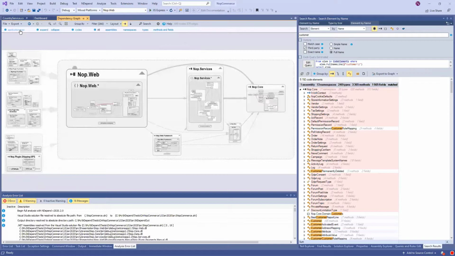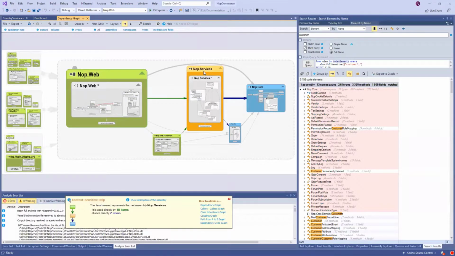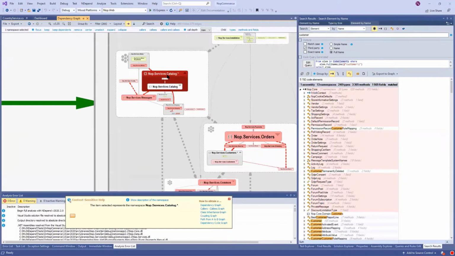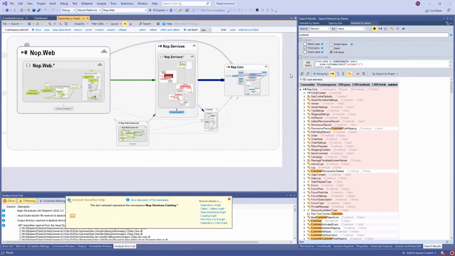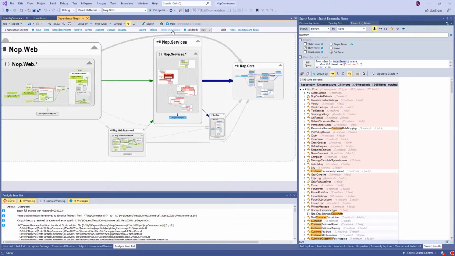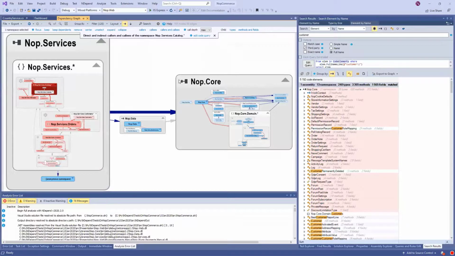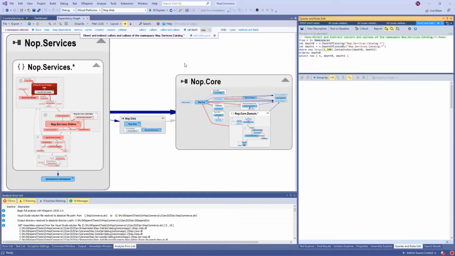Something I wanted to show you is, for example, if you are selecting this one, okay, so it has some callers and callees. I can keep all the callers and callees with depth max, or direct, 2, 3, or let's keep max. Okay, so I have all my dependencies here. And what's interesting is that a code query has actually been generated for me. So I can click edit code query.